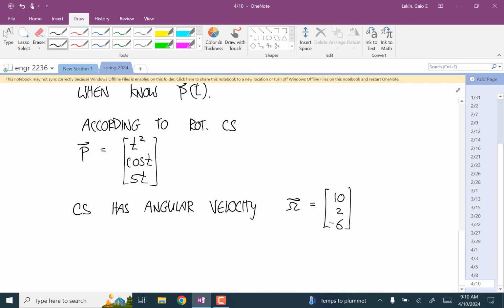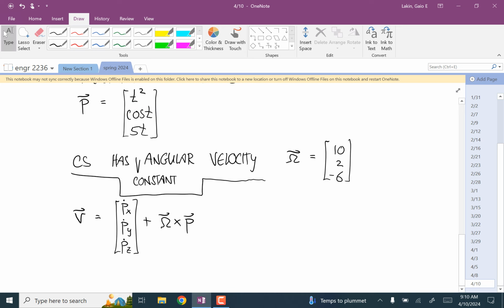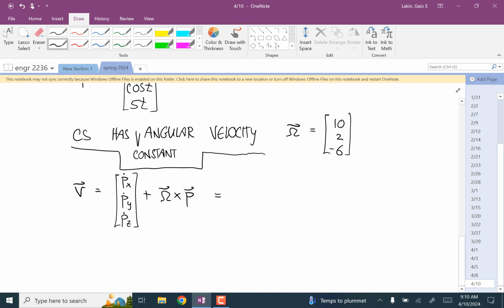Okay, so in this case, let's say this is constant. Well, the velocity vector then, we're going to use the form where this is the components dot plus omega cross p. And so this is equal to